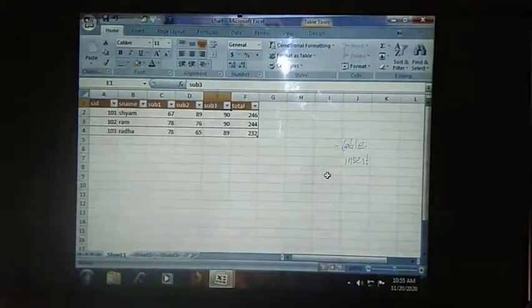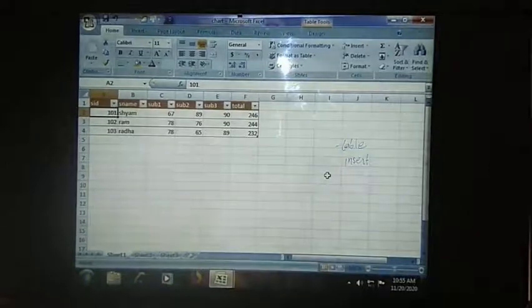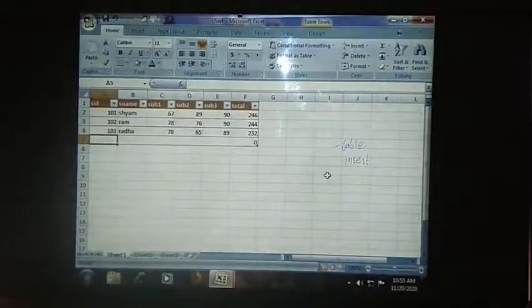When I have reached the end column of the table and I press tab, it will take me to the next row. It won't go to the right cell again. In the next row also, when I press tab, it will take us to the next row. It won't go to the right cell. We can navigate like this.